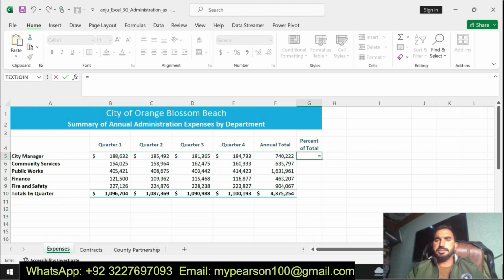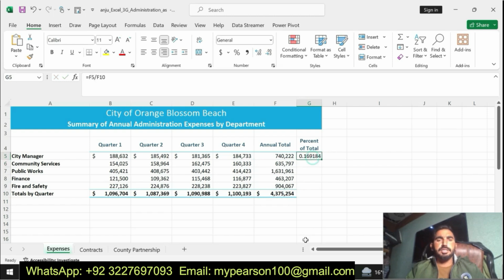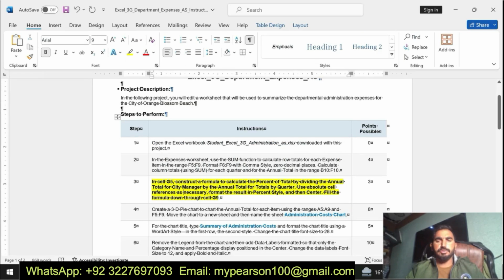Now we apply the formula, finding the value in cell G5 using an absolute cell reference: F5 is divided by F10. Here we find the value. We apply the absolute cell reference to F10 so that the remaining cells are calculated correctly.